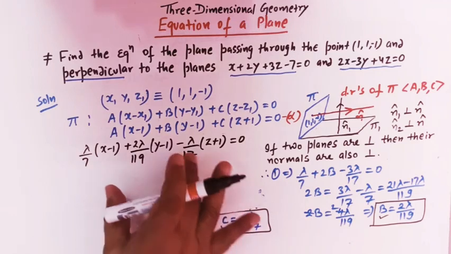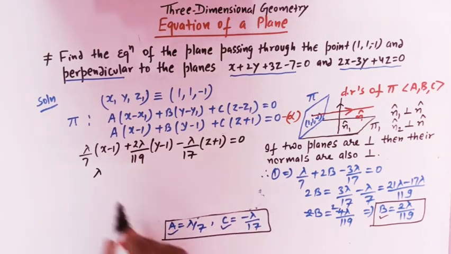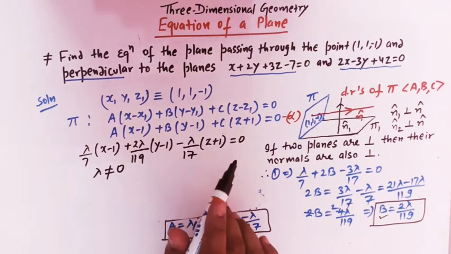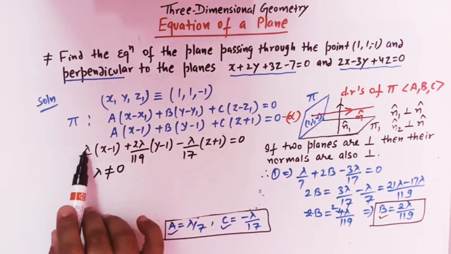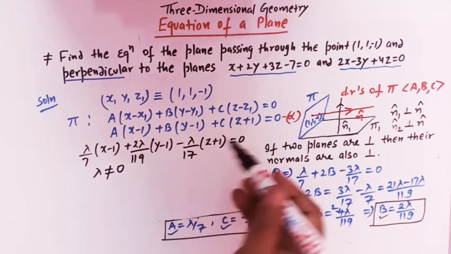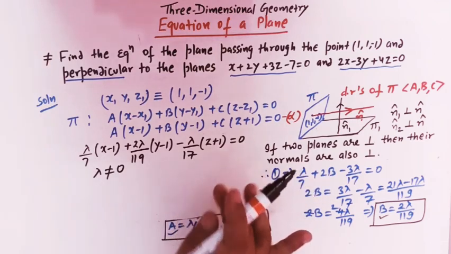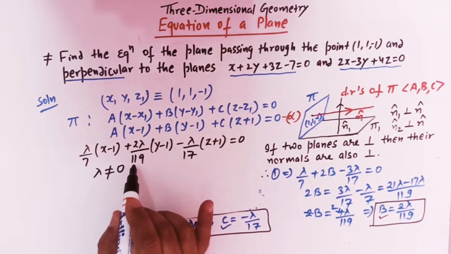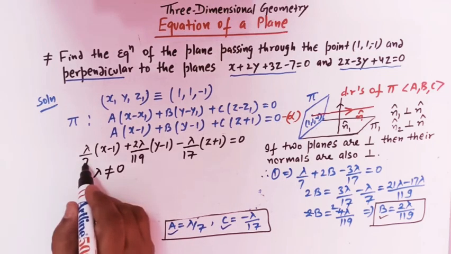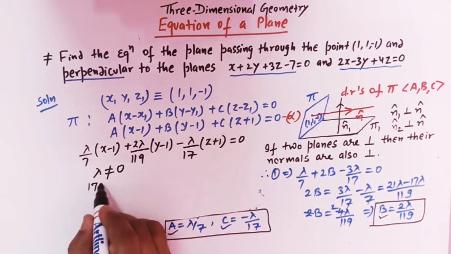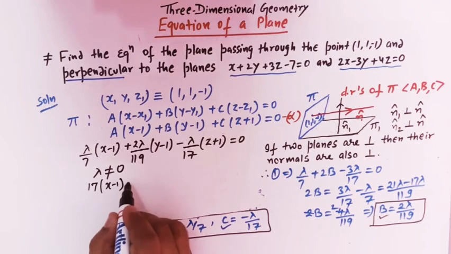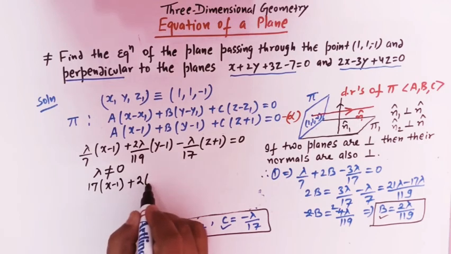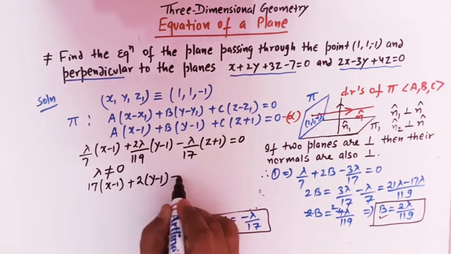Now here lambda is some scalar and lambda is not equal to 0, so dividing throughout by lambda we get rid of lambda, and then we'll multiply the entire equation by 119. So what we will get, here we'll have 17 times x minus 1, here we have 2 times y minus 1, and here we have